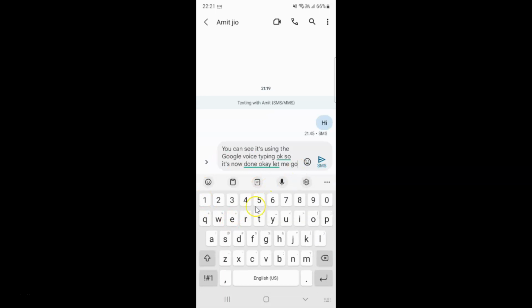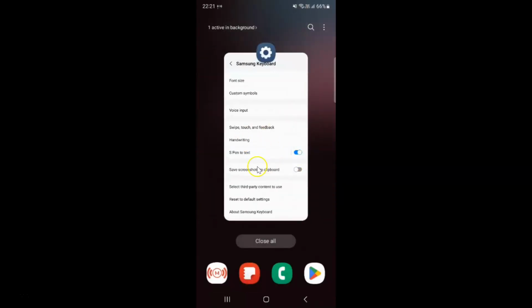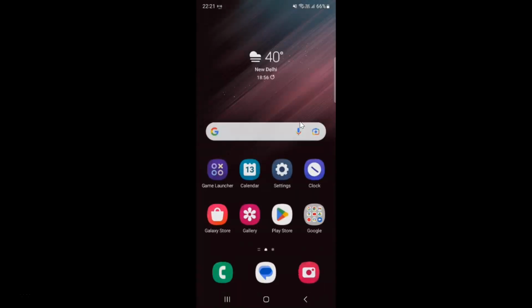So that's it guys. Let me close my messages app, okay? And you can close your settings app, okay? So let me close mine. So thanks for watching. In this way you can easily use Google Voice Typing on the Samsung keyboard on the